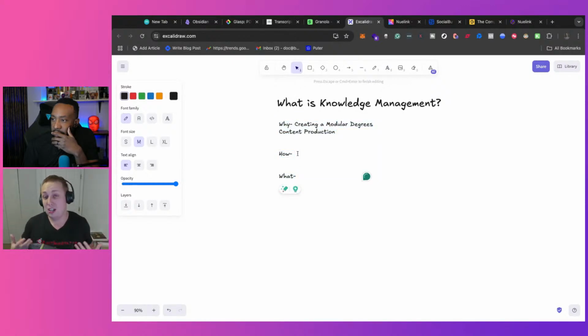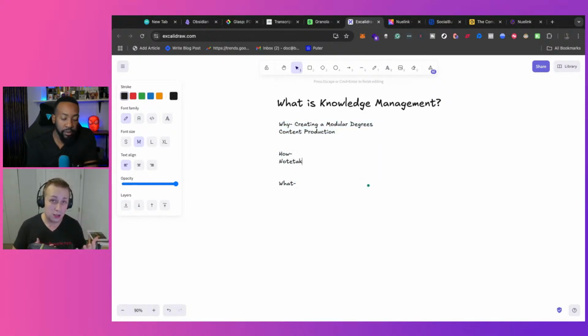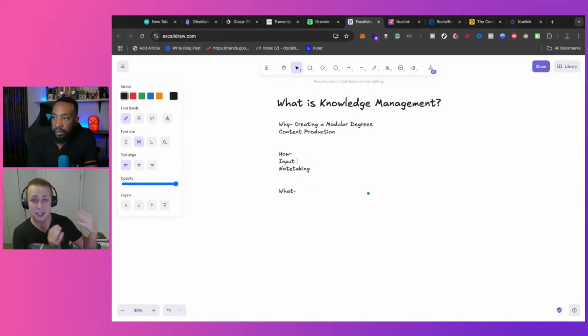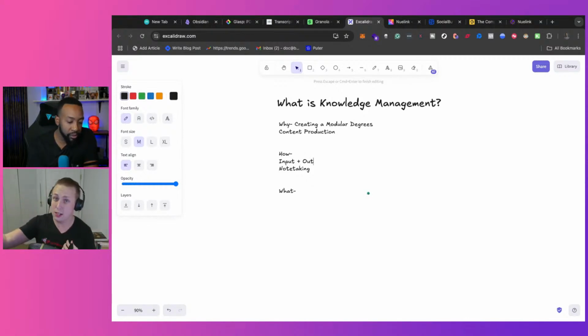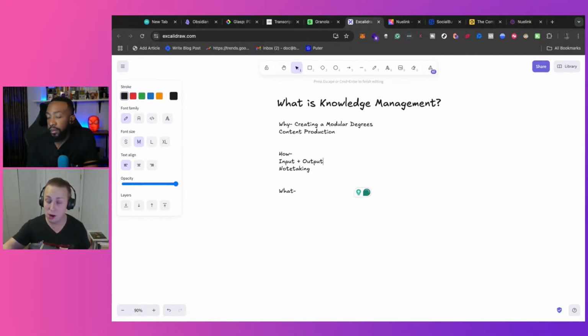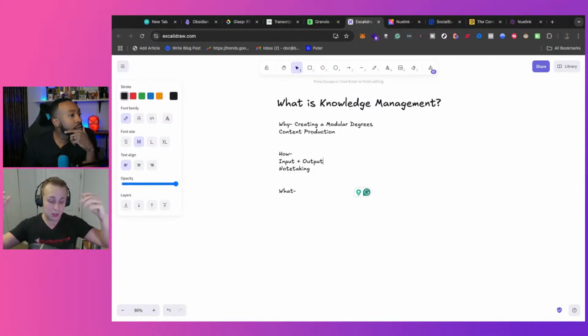When you're keeping track of your tasks, whether it's learning, so your input, or you're creating, whether it's your journals or public content, that's your output, you have to keep track of the tasks you need. Am I reading this article today, or am I writing this script for a YouTube video tomorrow? These are tasks that you have to keep track of. When you're creating the system, you need a robust task management system that's holistic across the board.